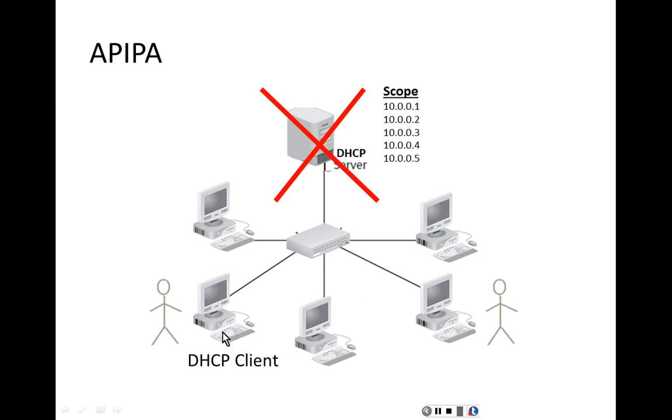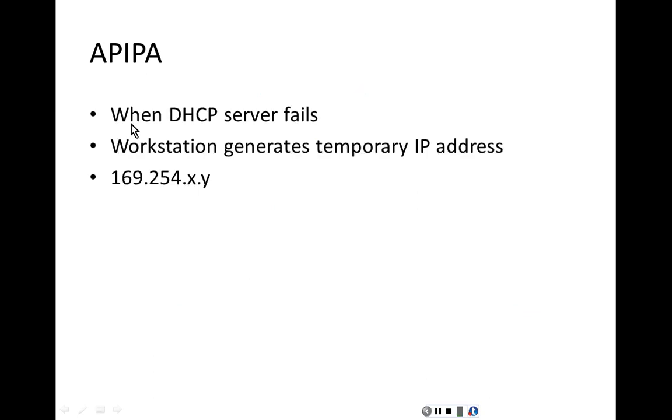If the DHCP client cannot hit a DHCP server, it generates a temporary IP address, and this is called automatic private IP addressing. If the DHCP server fails and the client can't hit a DHCP server, then the workstation generates a temporary IP address of the following format: